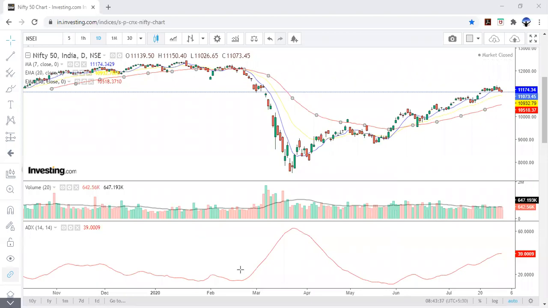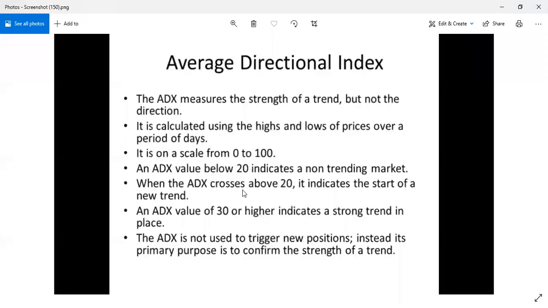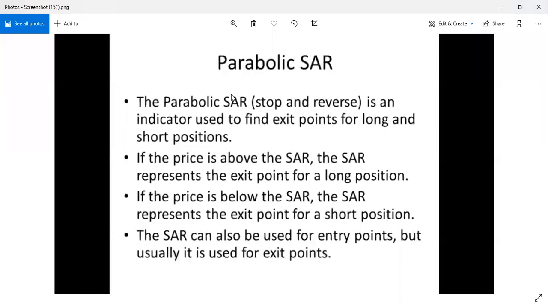Now the third indicator is the parabolic SAR. Generally the short form is SAR, and then the parabola. If you look at the name, parabola, the shape of a parabola is